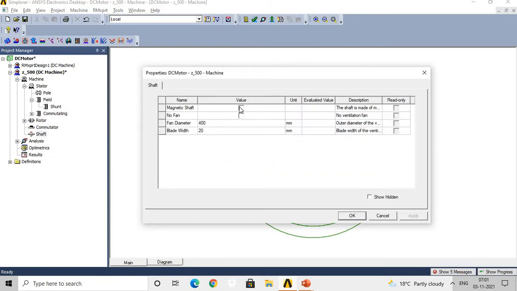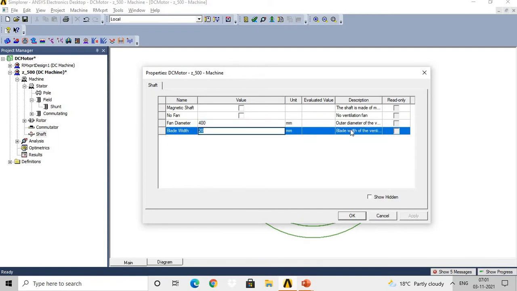So here if you want, you can select the magnetic shaft. If the shaft is made up of magnetic material, you can check it. Or no fan, that is no ventilation fan, if it is not needed, you can check it here. Then fan diameter, that is outer diameter of the ventilation fan. Here we have given that outer diameter of the ventilation fan as 400 mm.